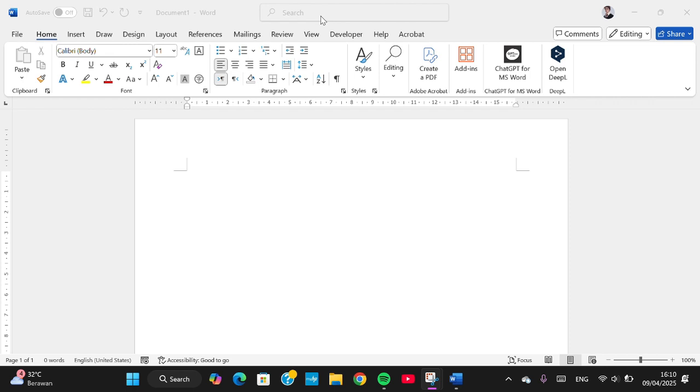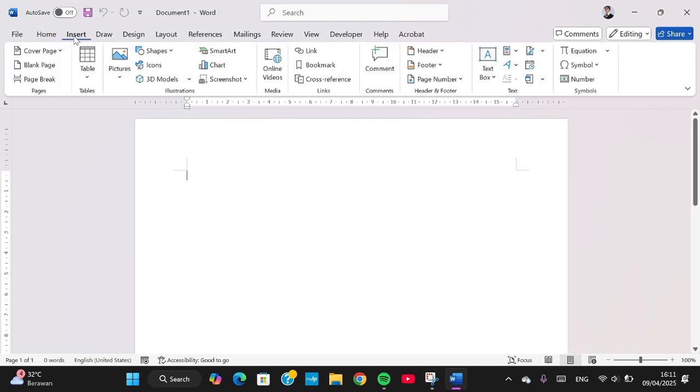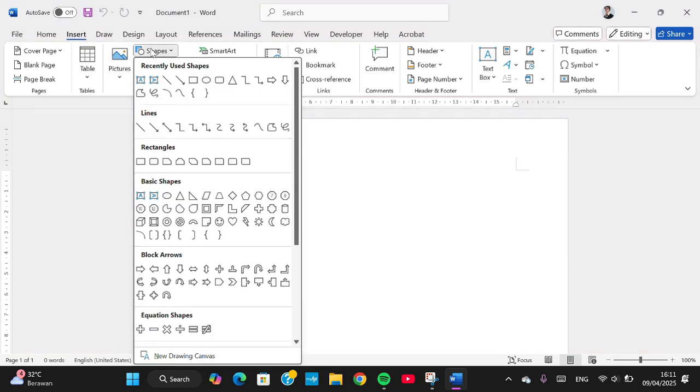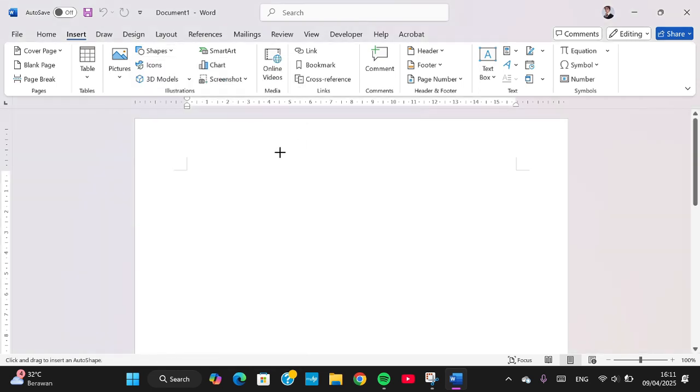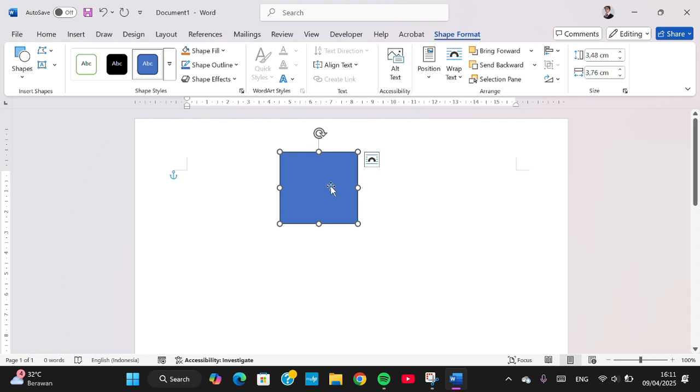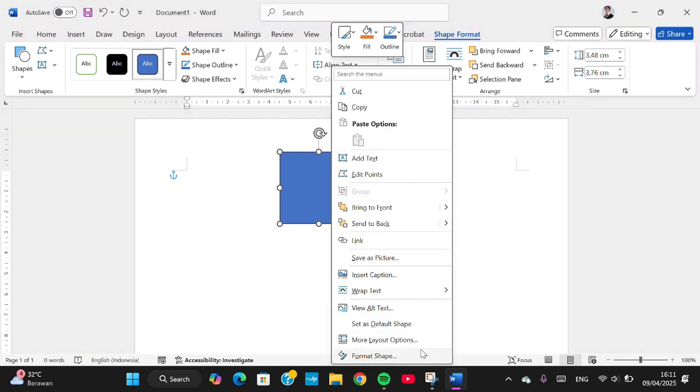Here I have opened Microsoft Word, and first of all, I'm going to go to the insert menu. I'm going to click on insert, and then we can insert a shape. I'm going to choose this rectangle shape, but actually you can choose another shape. It's up to you. It's according to your image watermark. Okay, and then I'm going to draw the shape like this and right click on the shape and go to